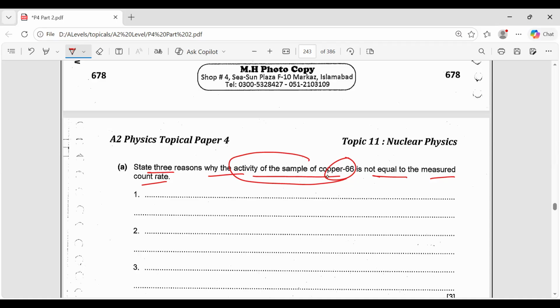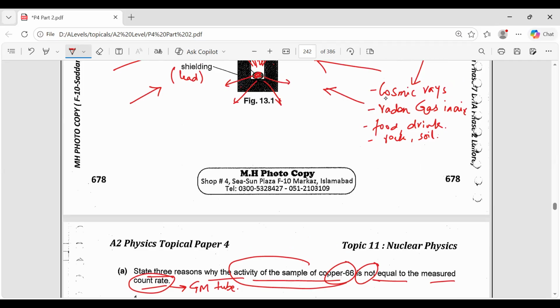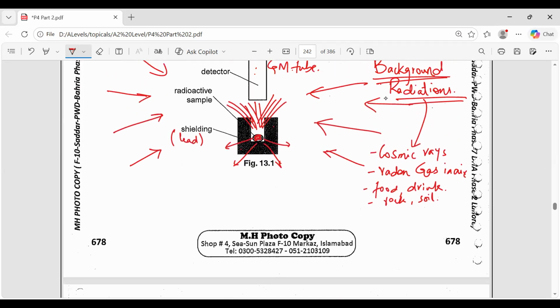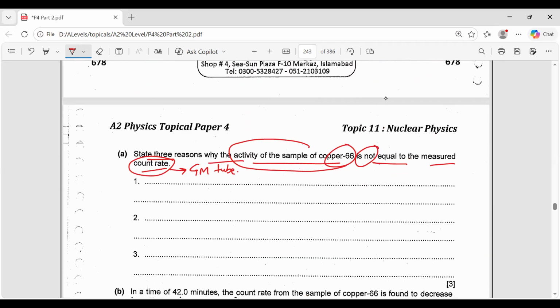Why is this activity of the sample not equal to the measured count rate? Who is measuring the count rate? The GM tube is measuring the count rate. The counter present at the top of it is measuring the count rate. So what could be the reason behind it? The decay is random, so it emits in all directions, while the count rate... Excellent. So the first point you are going to write is that